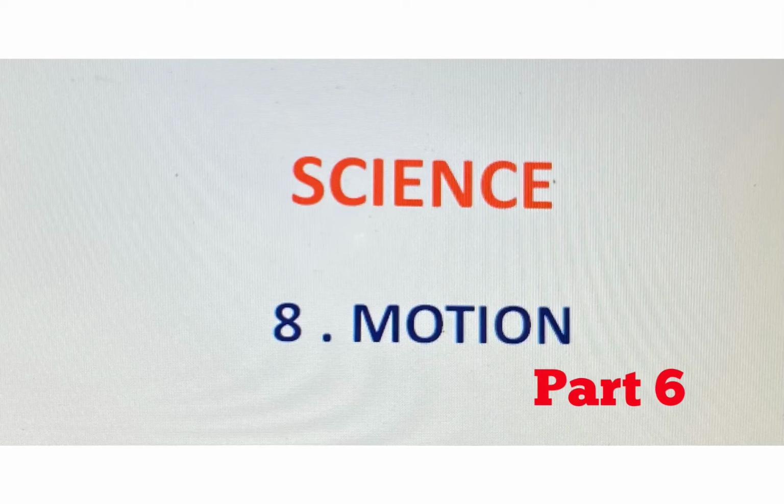In the last lecture we studied acceleration. What is acceleration? Yes, it is the rate of change of velocity of a moving body. It is measured in meter per second square and its formula is a = (v - u) / t. What is v here? Final velocity. What is u here? Initial velocity, and t is time. So now let us see the numericals based on this formula of acceleration.